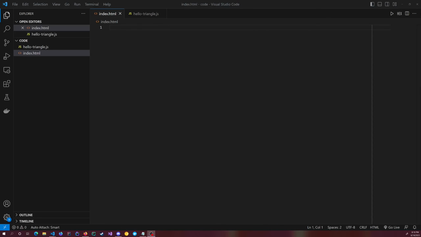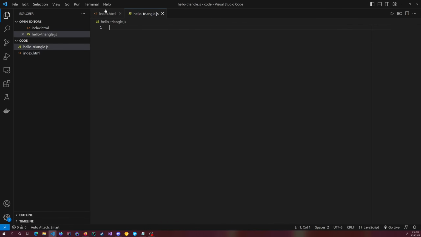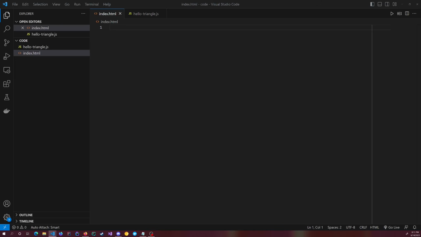Alright, so enough with the theory, let's get to the actual code, yeah? So I have right here an index.html file. This is where we're going to tell the browser what things we want to actually show up on our web page. And then I've made a hello triangle JavaScript file in the same directory where we'll actually be writing our JavaScript code. So the first thing I'm going to do is copy and paste from my